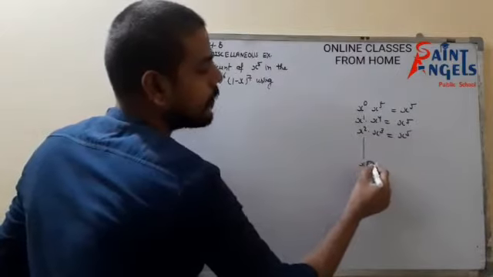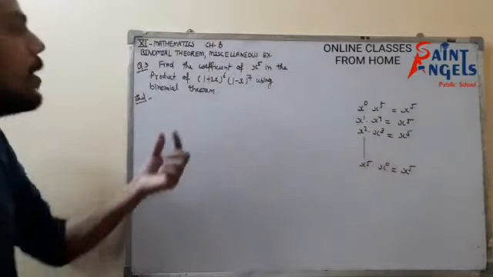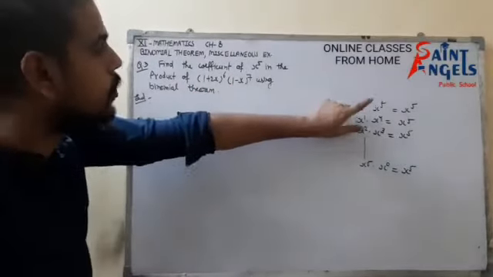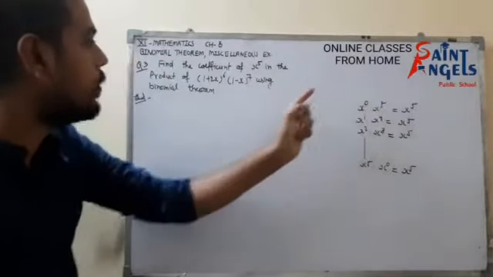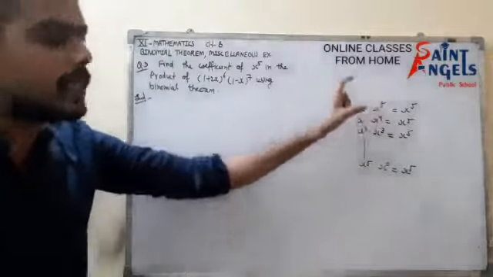Similarly, x to the power 5 in this expansion and x to the power 0, then we will get x to the power 5. So basically, I will open this expansion and this expansion, and we will look for the term which has power 0, and in this expansion power should be 5, in this expansion power should be 1, and this expansion power should be of x^4. So that is how we are going to solve it.